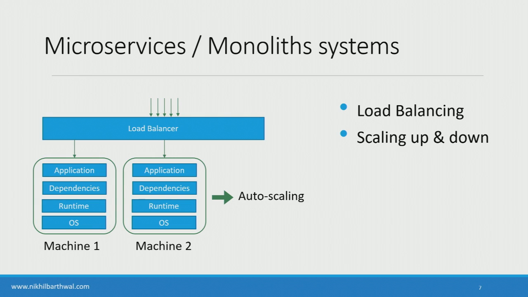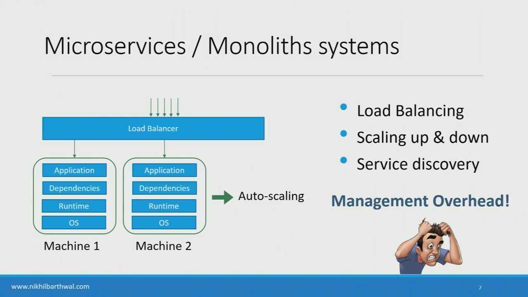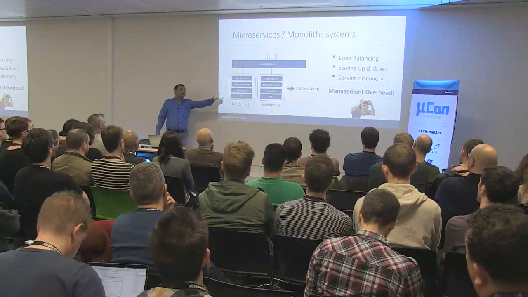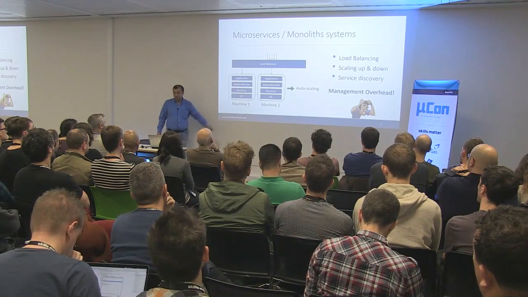The problem with this architecture is that while you have bits and components available to you, you have a load balancer, in AWS you have an ELB, you actually have to configure and hook up everything yourself, right? So there's a lot of undifferentiated heavy lifting here. You're not implementing a load balancer or auto scaling from scratch, but you still have to configure it. That's an amount of work for you. So you have to have scaling up, service discovery, and so on. What that means is when you implement microservices in the standard way, you have a lot of management overhead that you have to deal with.